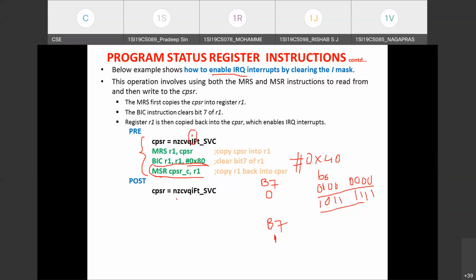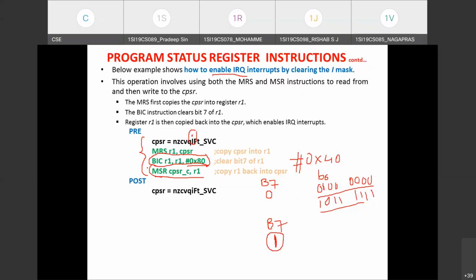If I want to set a particular bit, which instruction do I have to use? I want to replace this BIC instruction with some other instruction which will perform this operation. If I want to disable IRQ interrupt, this bit status must be 1.